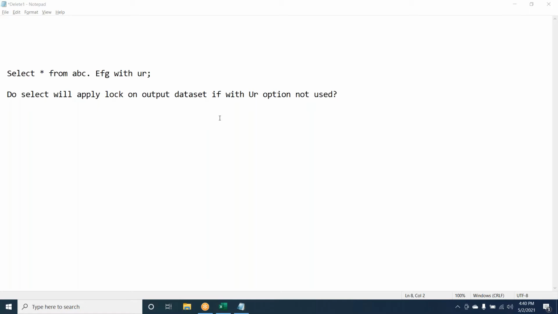does it put a lock on the output data set as well? I'm not sure about this. I don't think select will lock a data set, only the table. I think the output data set will have a lock only when, if they define exclusive access or something. Correct me if I'm wrong. I guess this is for the table. Yes, they mention output data set.